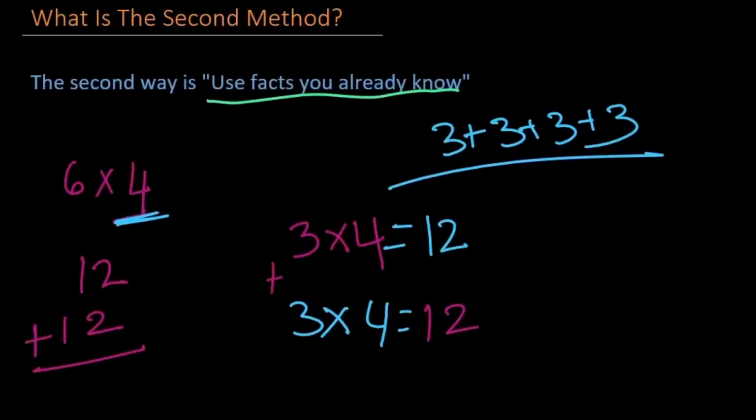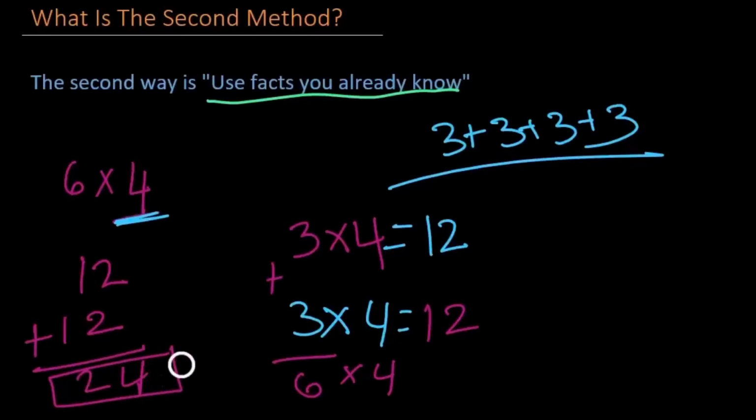So basically 3 plus 3 is equal to 6. Now this basically means 6 times 4. We did 3 times 4 twice so that it would be the same as 6 times 4. And we got 12 plus 12. 12 plus 12 is equal to 2 plus 2 is 4, and 1 plus 1 is equal to 2. So 12 plus 12 is equal to 24. So if we recall our steps, basically we just split 6 in half, and we got 3 times 4